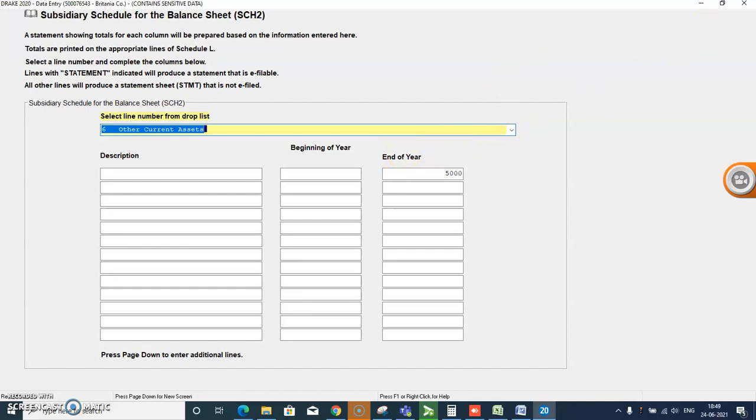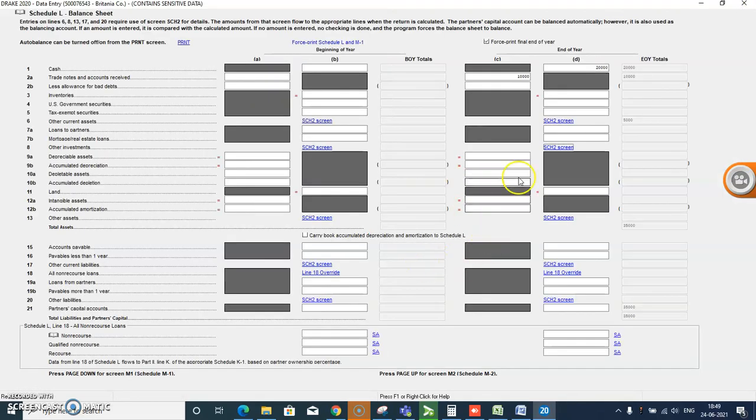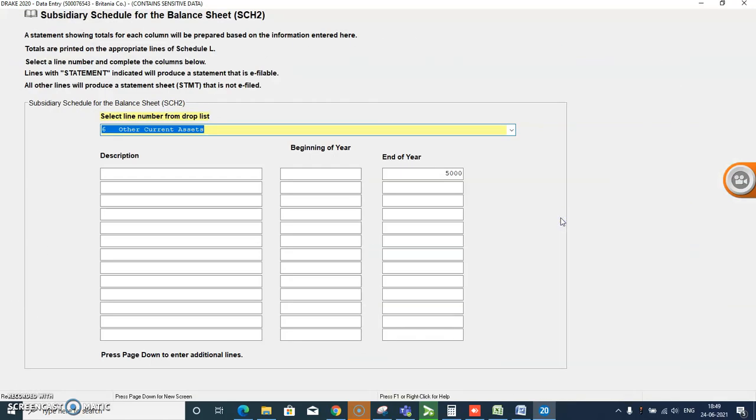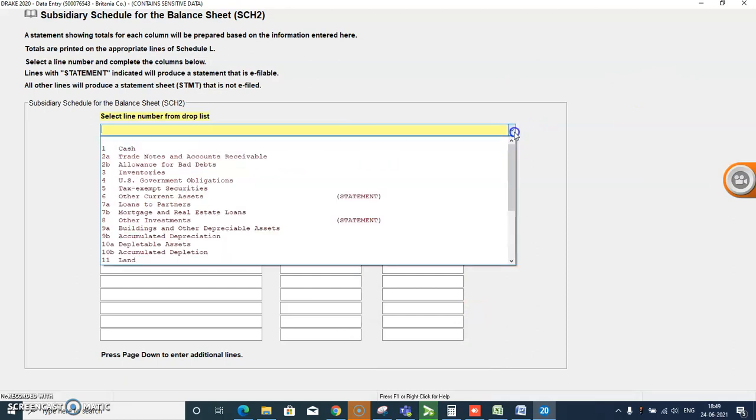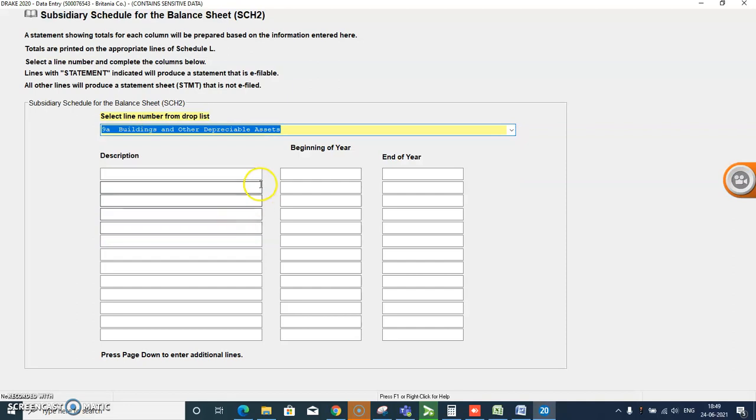If you want to add any extra items, you have to page down to extra items, then select the line number from the drop down list, like we have buildings and other depreciable assets.